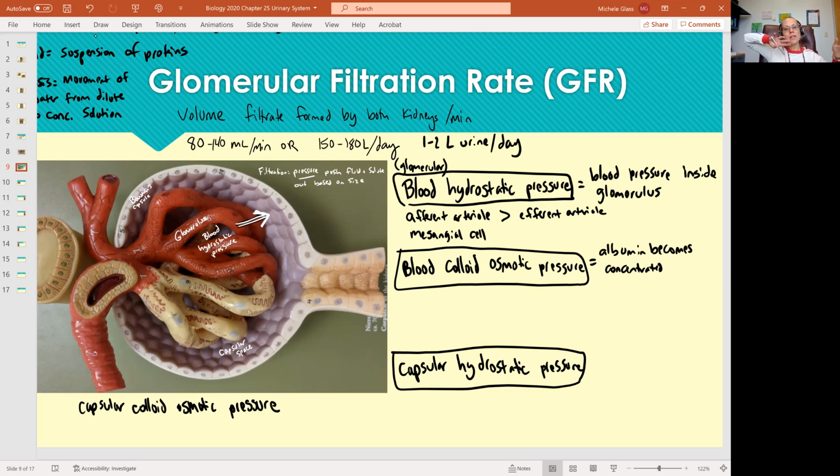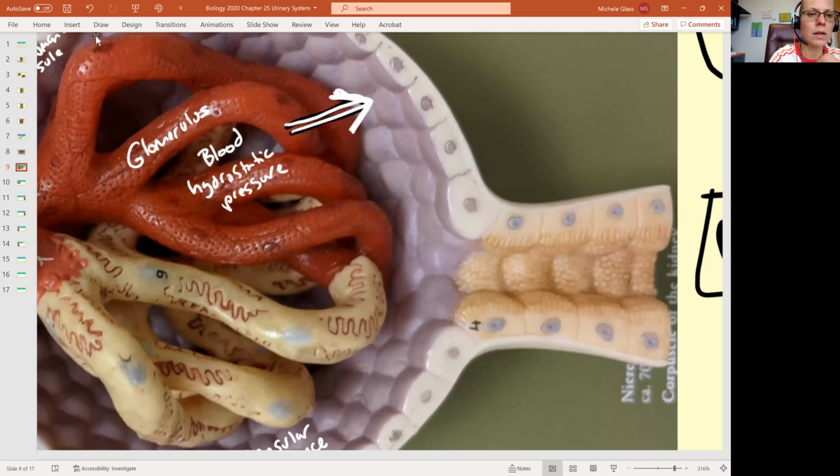So if you get initially this mass exit of fluid, electrolytes, and so forth out into that capsular space because of the force from the heart, because of the high blood hydrostatic pressure, you'll start to get your blood becoming sort of concentrated. And so you can imagine that this is going to pull water back in. So it's not going to be as high of a force as the blood